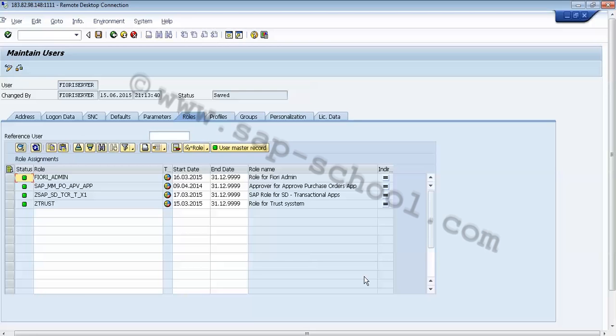We can control the catalog access by assigning the UI roles to the users. For example, if there is some other user who came into the system and requires access to the catalog, we provide this access using this SU01.